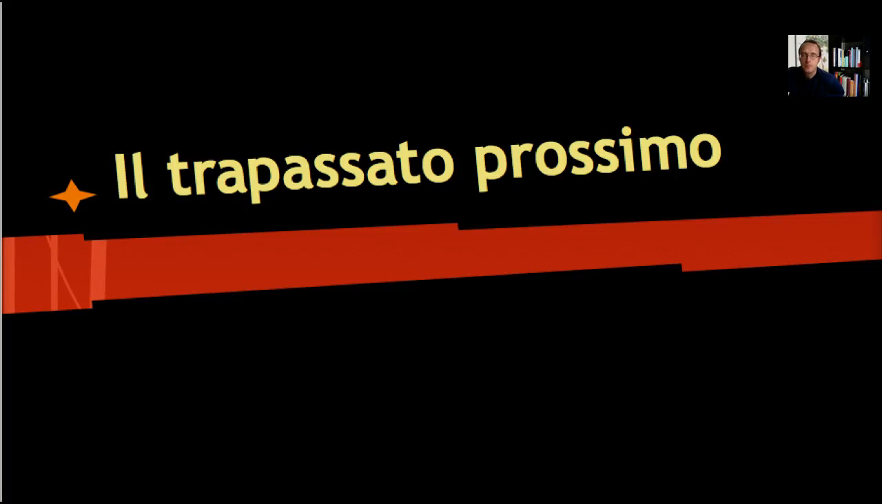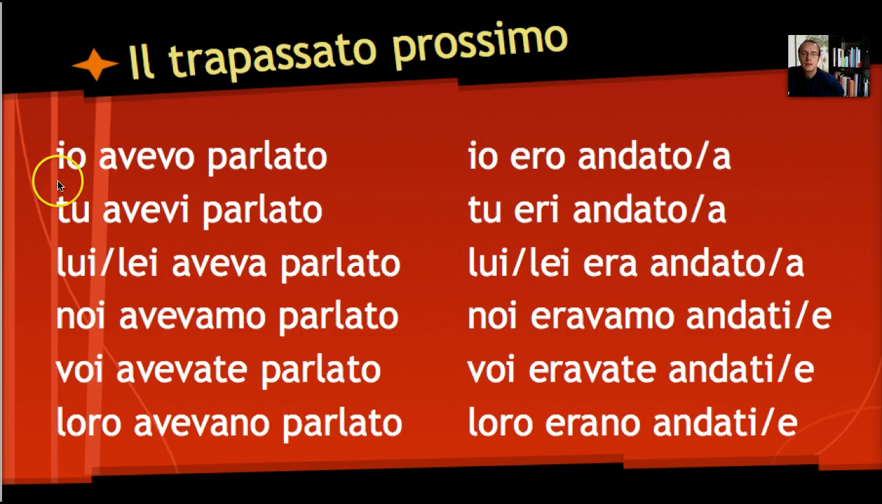Il passato prossimo. In Italian, il passato prossimo is formed by the imperfect of the auxiliary verb plus the past participle of the verb that we are using. So, for example, for io avevo parlato, we have the imperfect of avere, io avevo, and then the past participle of parlare, which is the verb that we are using